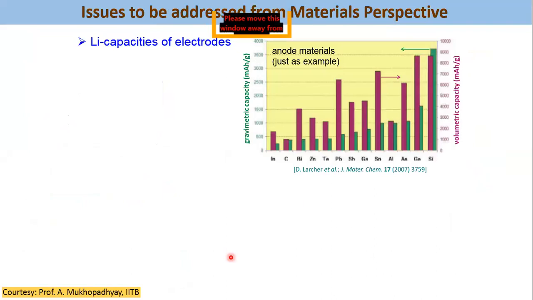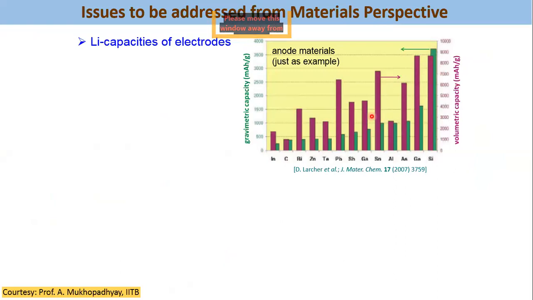So now come to the issues related to various electrode materials. One issue is the limited lithium storage capacity of the electrode. If you look at this comparison of the specific capacity of various electrode materials, you will see that graphite has 372 milliampere hour per gram, at the left side, while the compounds at the right side have very huge lithium storage capacity. If I take the example of, say, silicon, it has 10 to 12 times higher lithium storage capacity as compared to graphite.